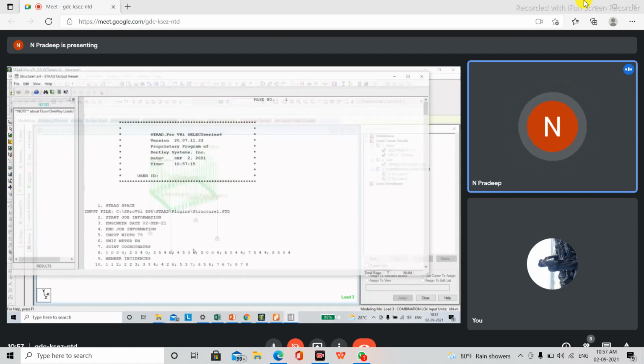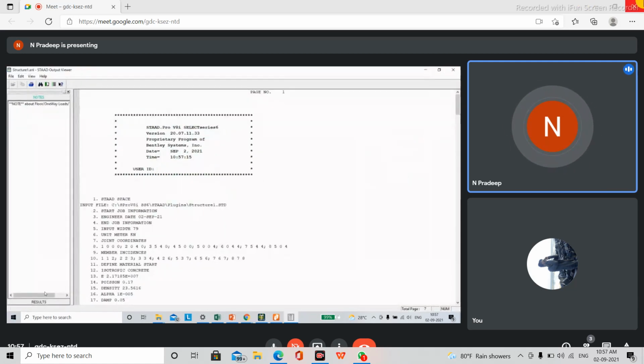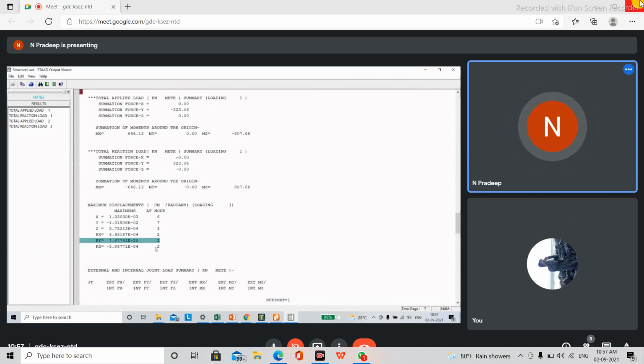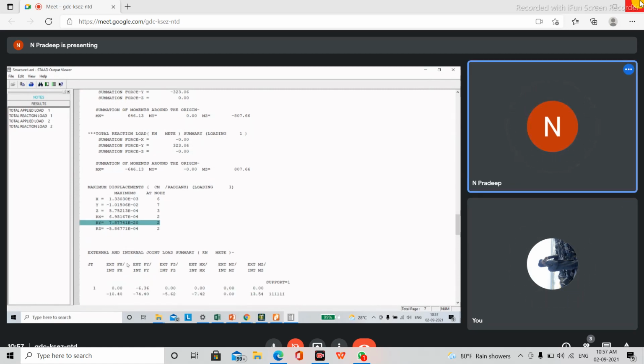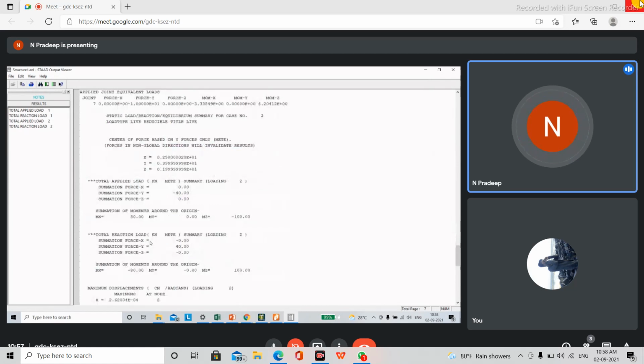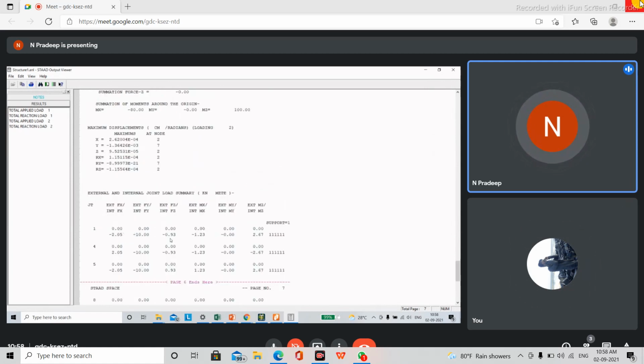The moment you click on done, you'll get a window like this. This is your complete analysis report, not the design report. According to the loads that we have applied, it will show you at which point you have maximum deflection, or displacement, sorry. It says that along the y-axis, you have a displacement of 7.87 into 10 to the power minus 20. Like this, you have the deflections listed here. Along the x-axis where you have the maximum displacement, along the y-axis, all that will be given. And the summation of forces, reactions and all that is given here.